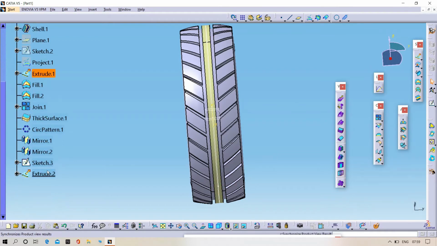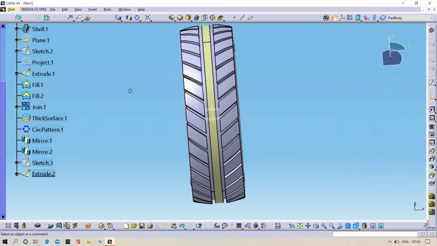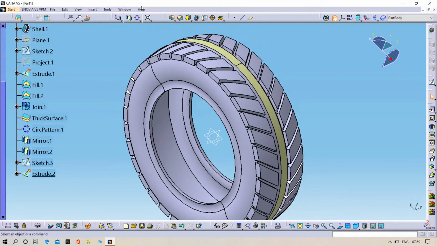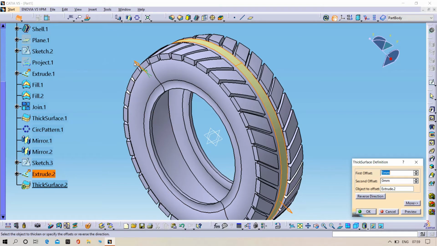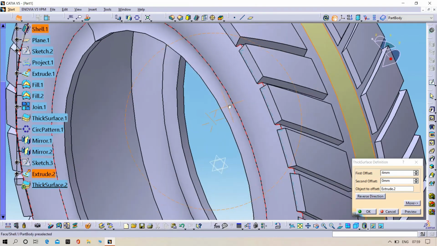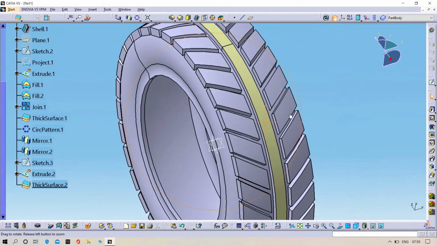Then click OK and hide the sketch and go to the part design. Again select the surface basic feature, thickness surface and give the reverse direction, increase the dimension. Okay, yeah, perfect.